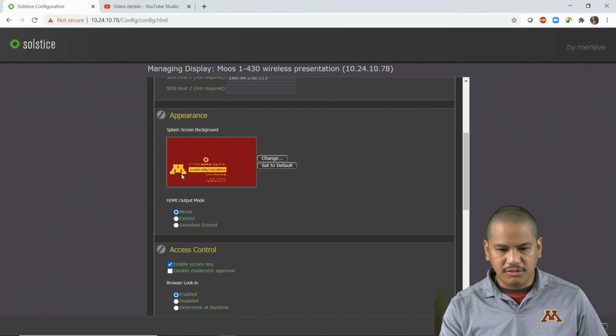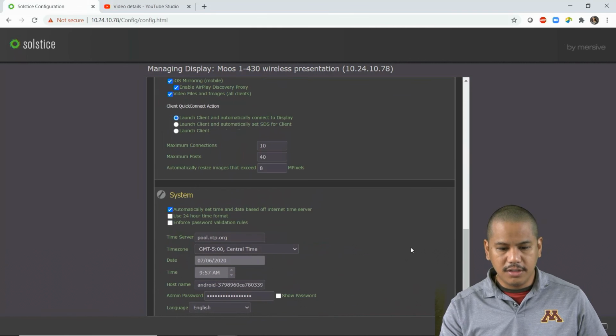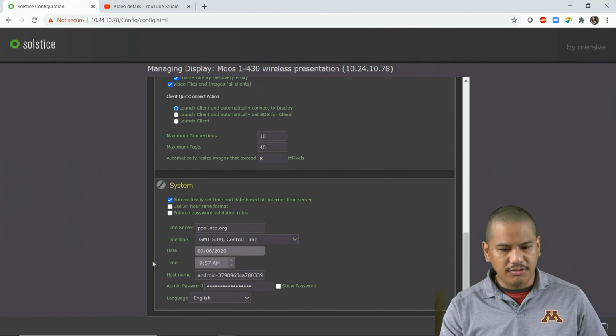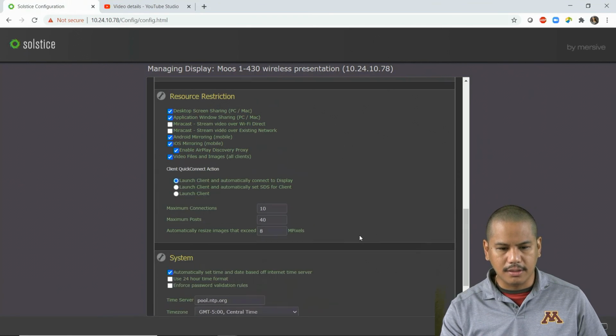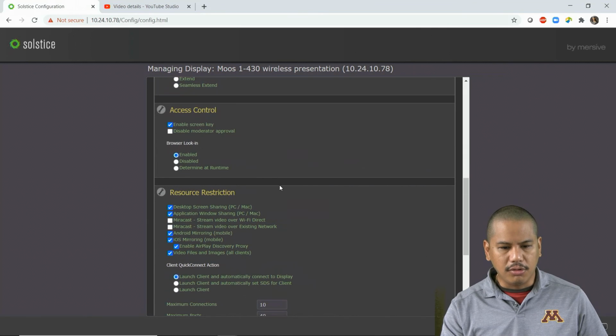We've got an appearance management here, so we've got a splash screen that we've installed with some instructions on how to use the unit. We've got to set the time and date properly first. If this isn't set, it doesn't work right. So we just need to make sure that it's on the correct time date. These are other details that you're going to want to take a look at. For the most part, we're using screen share, application Windows screen share, Android and iOS mirroring is enabled, and so then